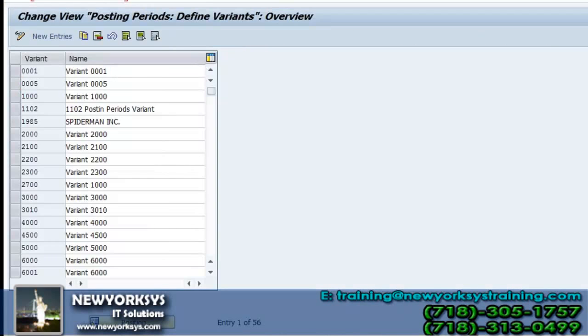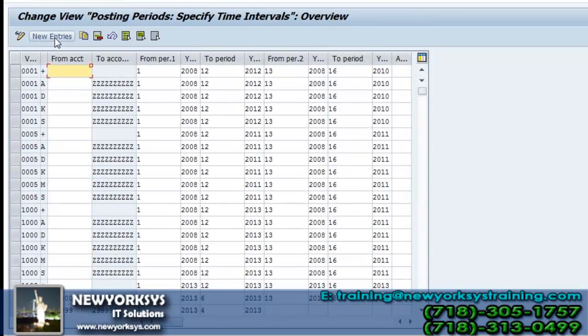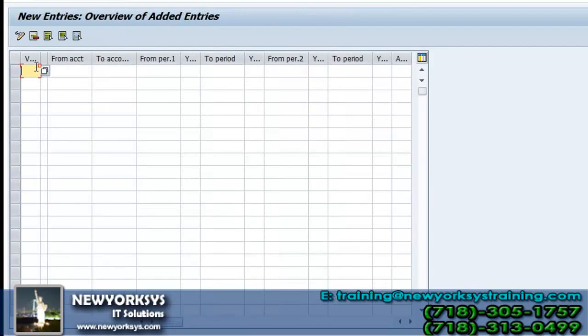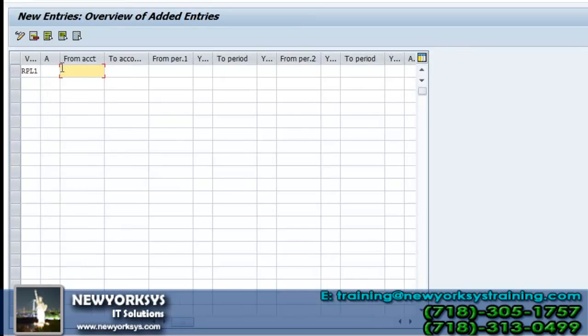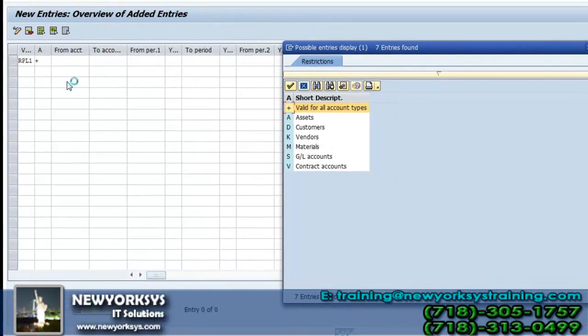OB52. Select the new entries button. Here, define the variant which you have configured in the previous step, RPL1. That is the identification. And here you give plus. Plus indicates what types of accounts will follow this rule. If I select plus, it is valid for all account types.